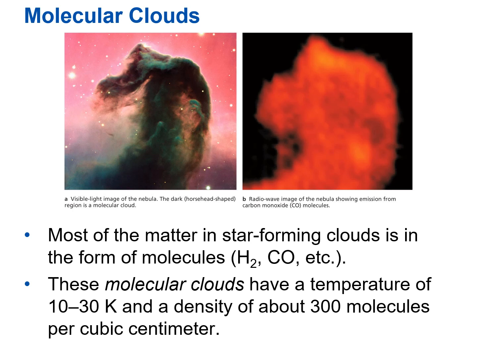Here is a molecular cloud. This is actually called the Horsehead Nebula. Most of the matter in star-forming clouds is in the form of molecules, for example, molecular hydrogen and carbon monoxide. These molecular clouds are very cold. They have a temperature of only between about 10 and 30 Kelvin and a density of about 300 molecules per